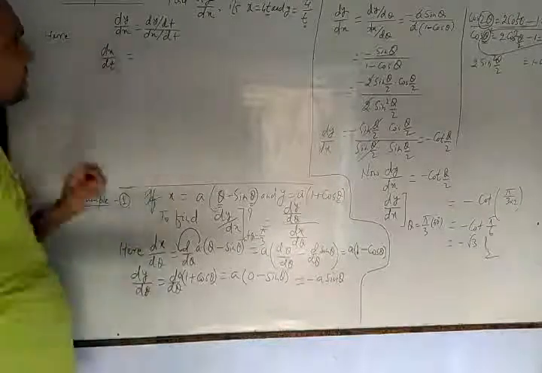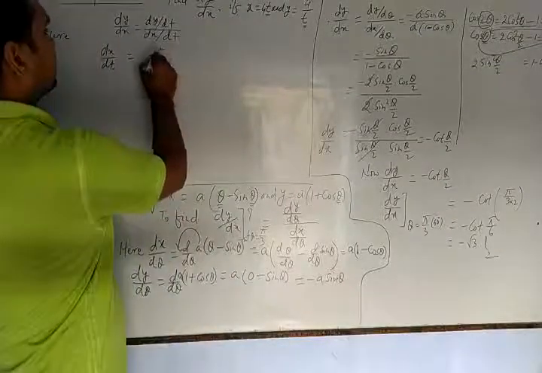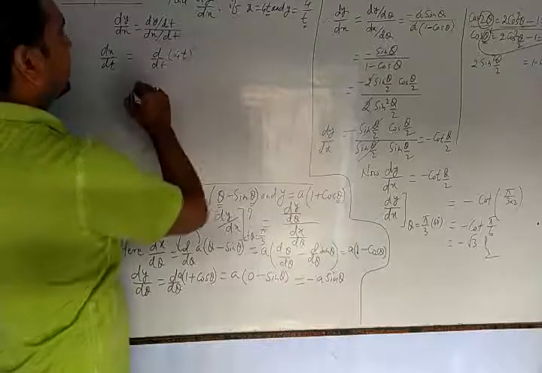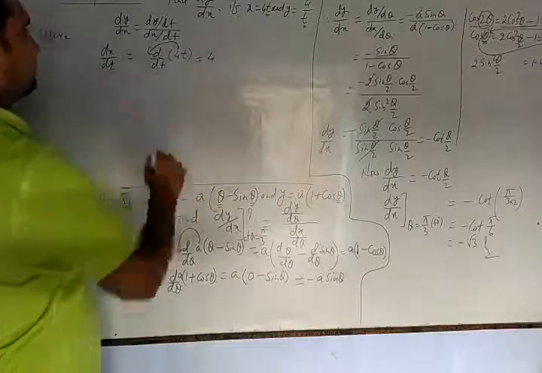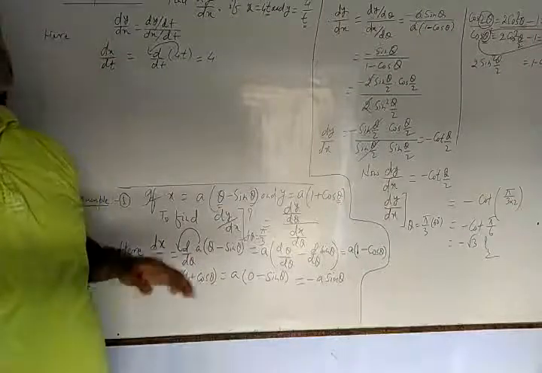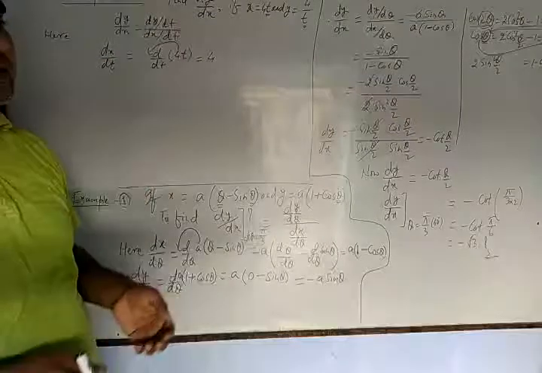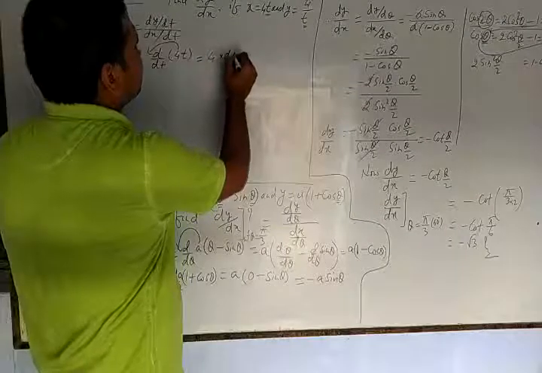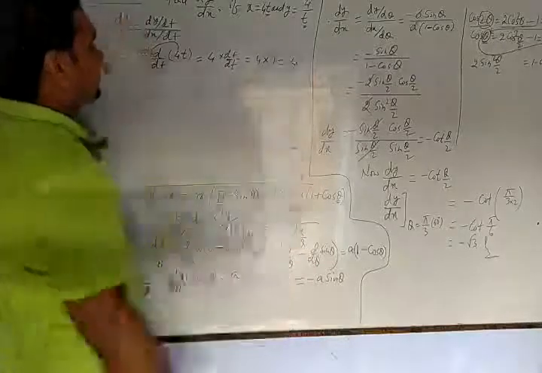So dx by dt will be what? Dx by dt will be d by dt of 4t, okay. That will be 4 will come outside. Every time I am using the steps here. So after a day or two, we will skip these steps and will write it directly, okay. The 4 d by dt of t will be dt by dt, that is 1. So 4 into 1, that is 4, okay.